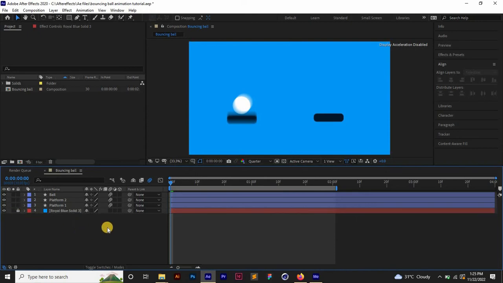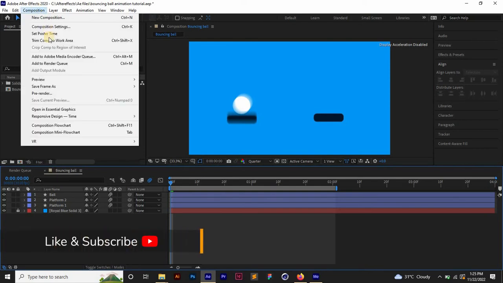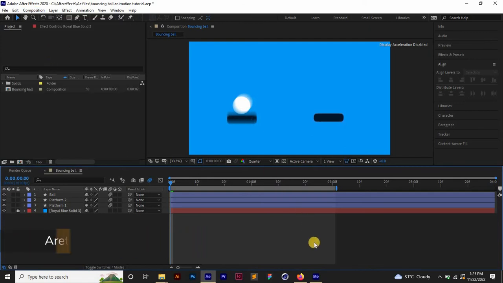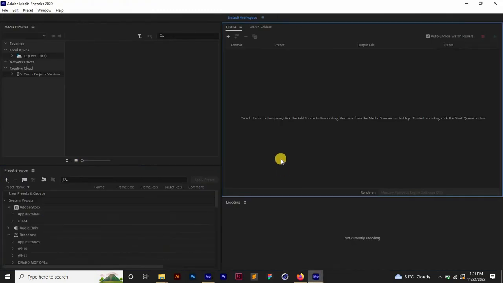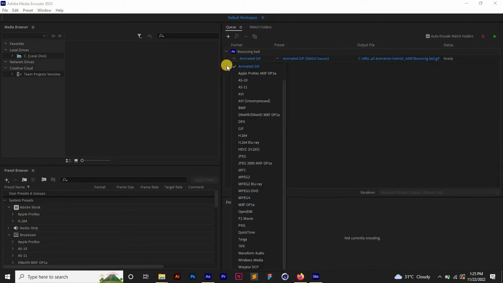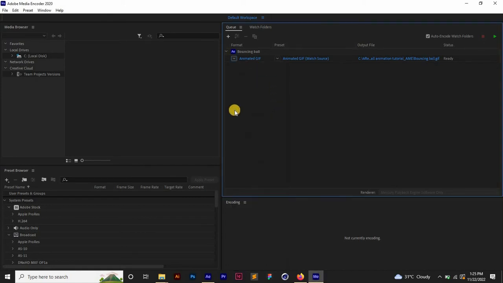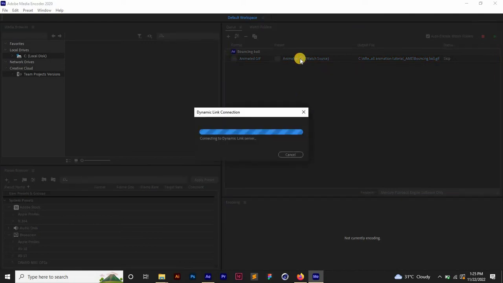So once that is done, then we can go ahead and export. So you come to composition, click on composition, and then go down to add to Adobe Media Encoder. You click on that. It's going to open up your Adobe Media Encoder if you do not already have it opened up, but I already have mine opened up, so I'm just going to wait for it to show up here. Now it has shown. So all I need to do is come right here, click on this drop down, and then look for animated GIF. Here is my animated GIF, and then I'm just going to click on this for Adobe Media Encoder to create a dynamic link connection, and then bring up a dialog box for me to